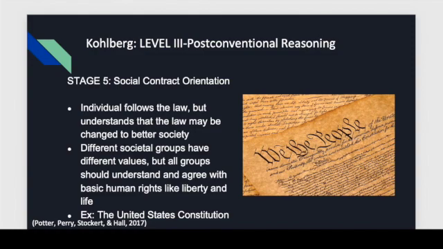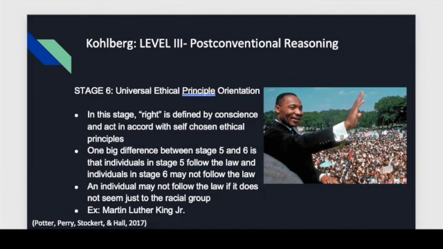And I also have another scenario that's helped me understand these stages. It's a basic scenario. There is a man who has an ill wife. He has 2 options. He can either steal a medication that will help cure his wife, which is against the law, or he can follow the law and not steal the medication and let his wife die. So for stage 4, I'll just go back a stage. In this case, the man would not steal the medicine because it is against the law. But for stage 5, the man would steal the medicine because she is very ill and the laws do not take this into account. Stage 6 of Kohlberg's moral theory of development is universal ethical principle orientation.